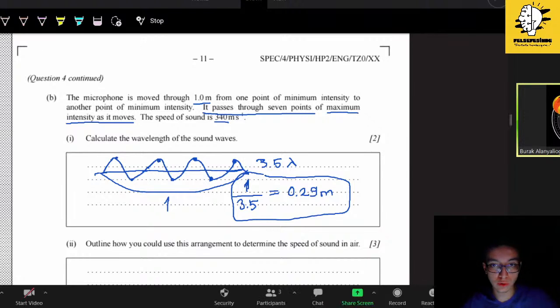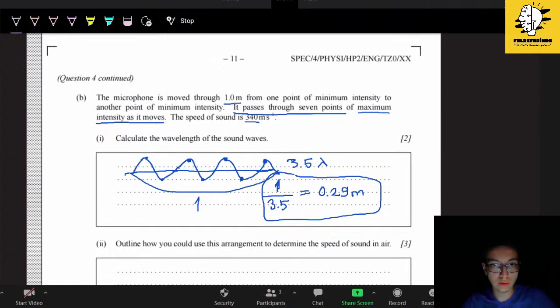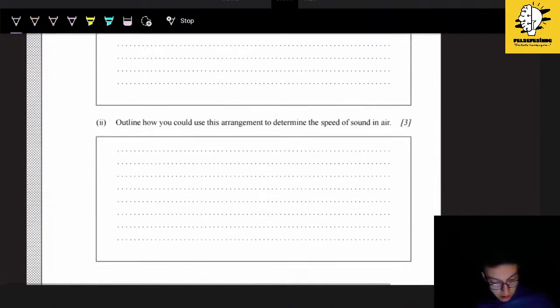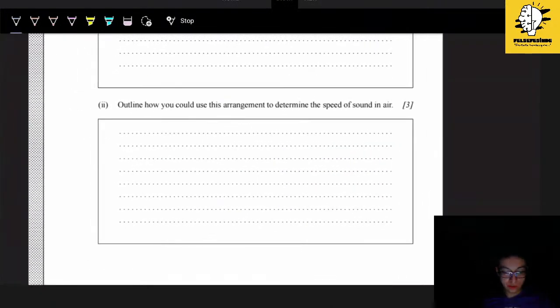So this may also help you. And yeah, next question. It says outline how you could use this arrangement to determine the speed of sound in air. So again, an experimental question. IB says not to be engaged too much with the formulas. Think exclusively as well. So it says, we will say measure